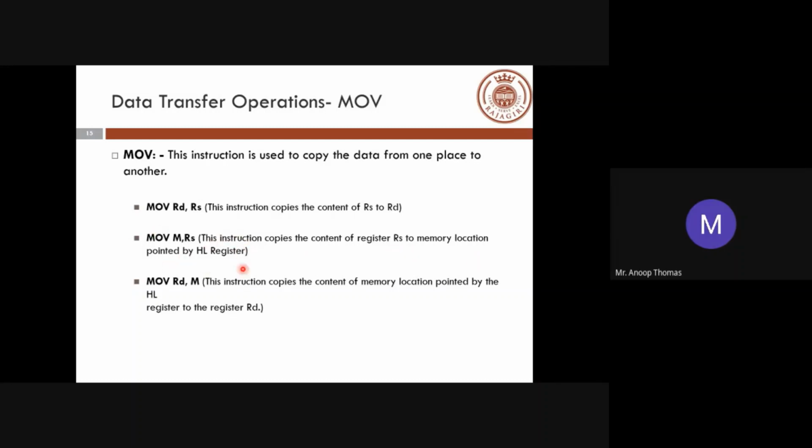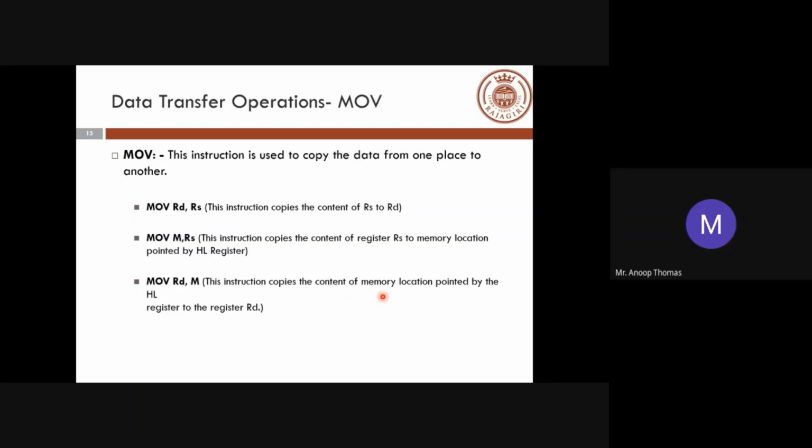So this is a special kind of instruction. I don't think this is that significant, but there are certain instructions which are special. So you have registers getting involved, but there is also a special instruction called MOV M, Rs, which copies the source register to the memory location pointed by HL. So it's something which is special. That means the address to which the data is to be written will be inside your HL register.